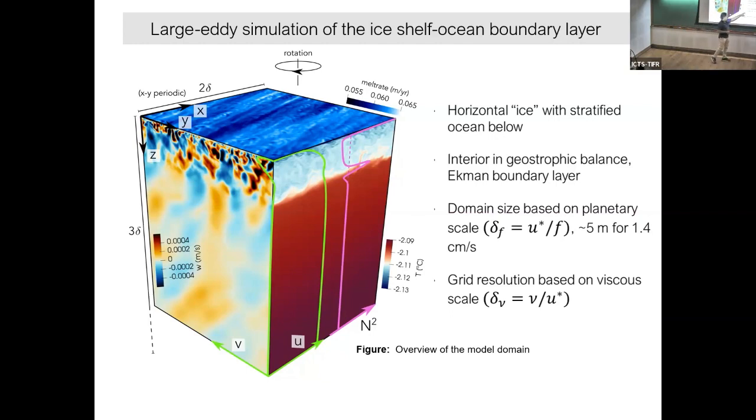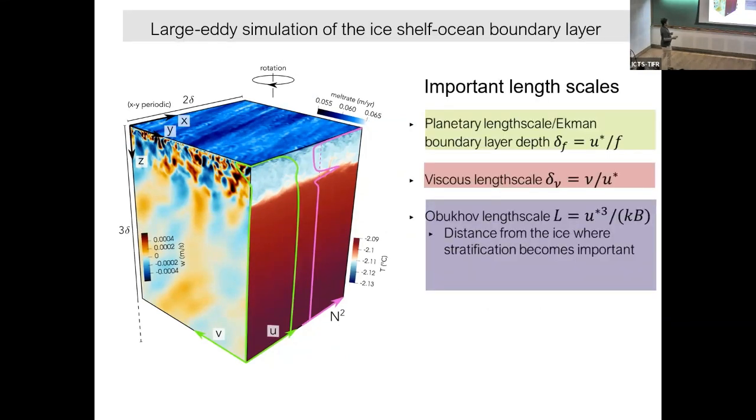One is called the viscous scale, which is defined by the frictional velocity and viscosity; they are next to each other. It's called the inner scale. And then another is called the planetary scale, where the rotation is important. You have to resolve these scales so that we can get a better estimation of the viscous stresses. Even though this is LES, it is still a very highly resolved LES. Our vertical resolution is the same as a direct numerical simulation, so it's a very expensive simulation to run.